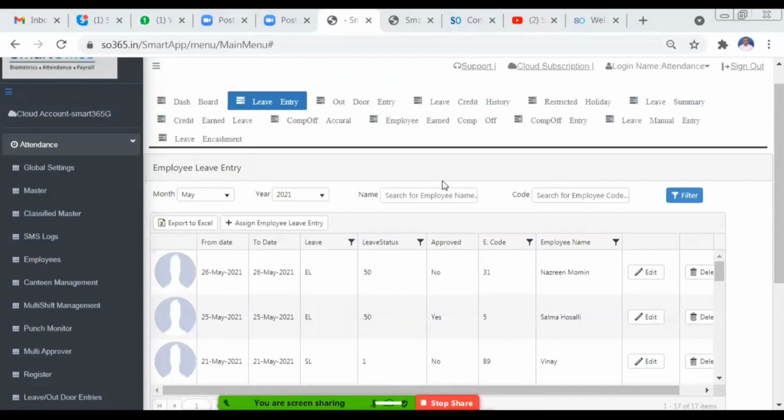Here, manually from the admin login, if you want to assign a leave entry to your employees, you can click on assign employee leave entry.